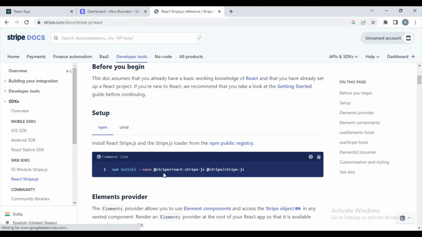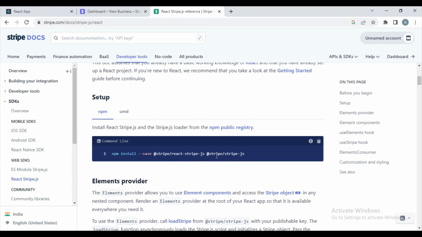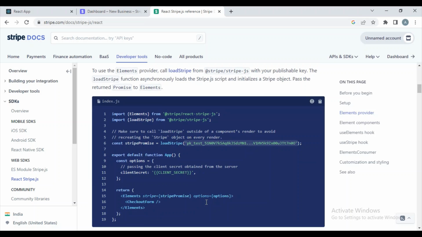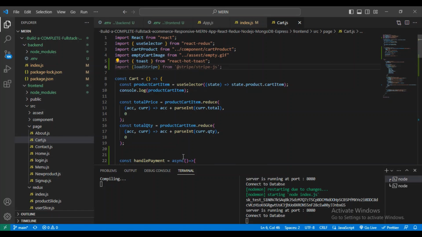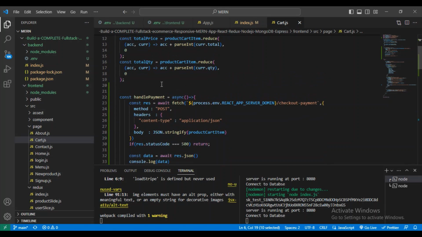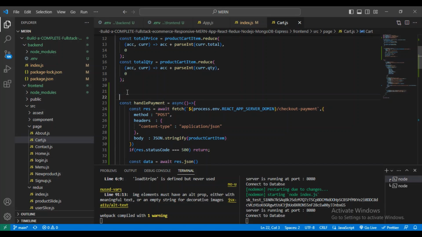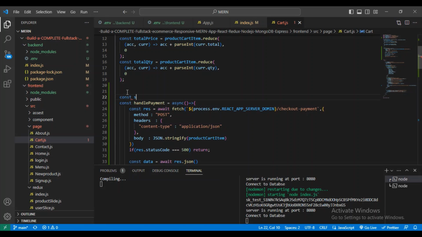And it will be coming from the react stripe and stripe react.js, and loadStripe will be imported from Stripe. Let me just copy this part, and here I will paste this. And now I want to use this loadStripe, just copy this. For that I want to give here const stripe